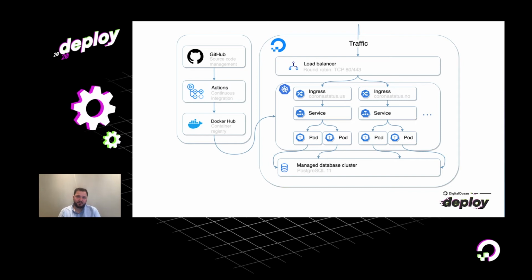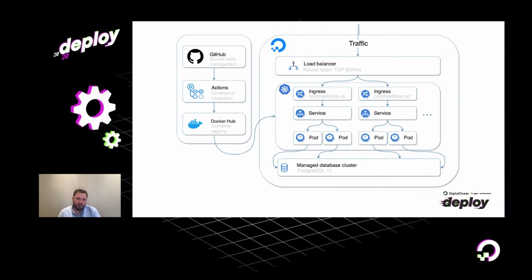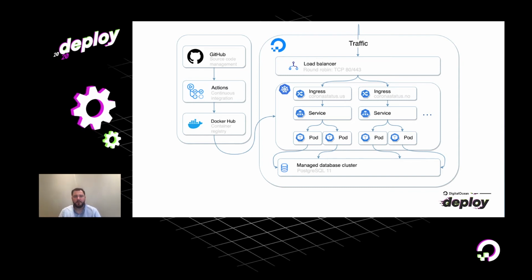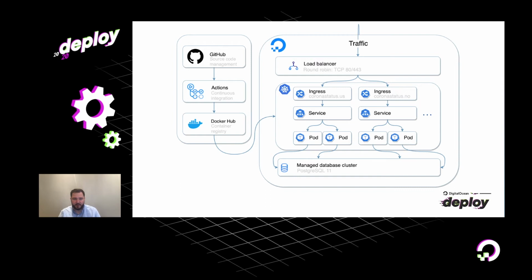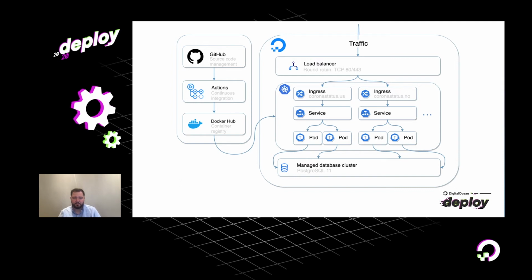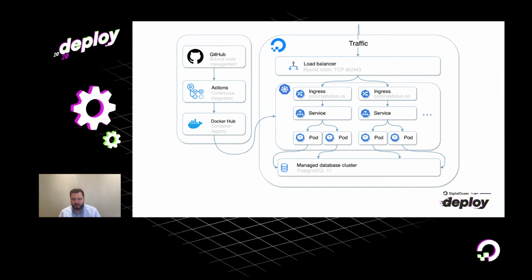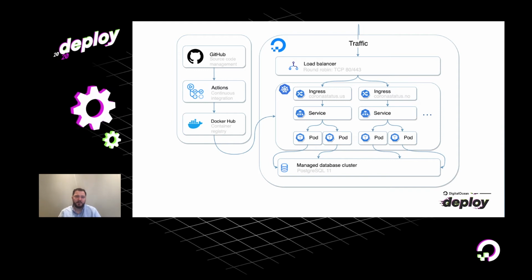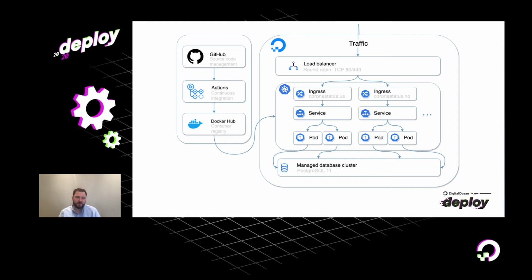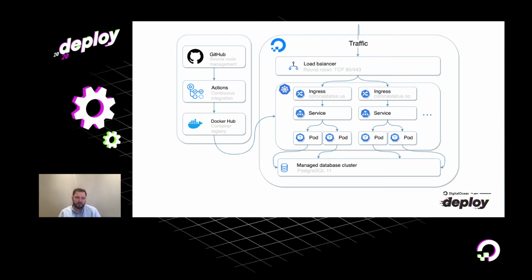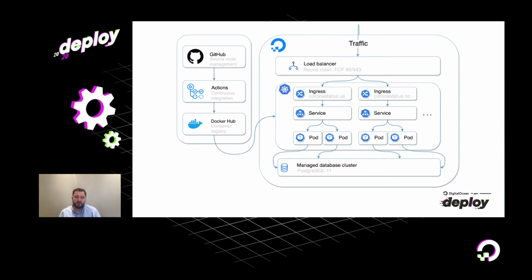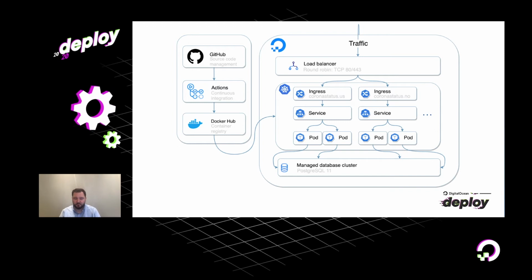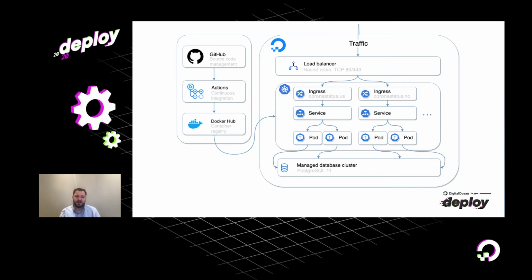The way we set this up in DigitalOcean's Kubernetes offering was that we had GitHub as our source control management system. This is where anyone who wanted to contribute would submit pull requests, which are essentially changes to the code base. And whenever they did that, we would have a workflow in something called GitHub Actions automatically execute a test suite to check that the changes didn't break any existing functionality.